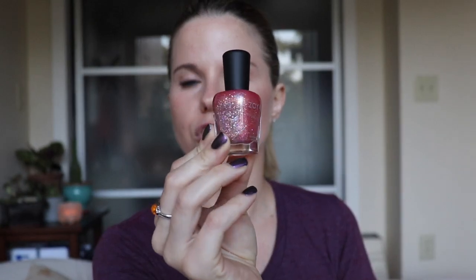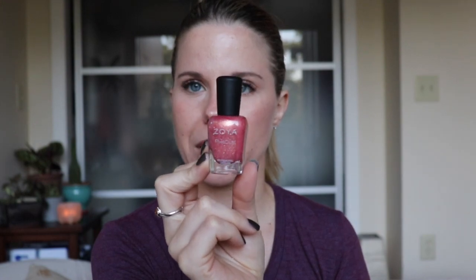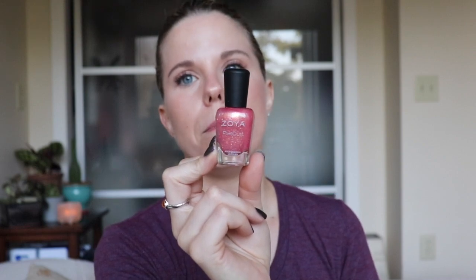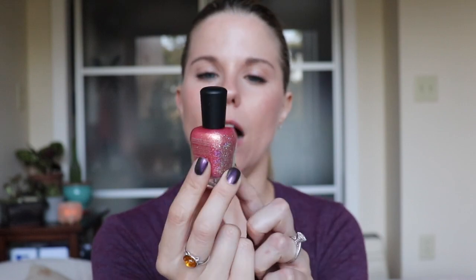And then two more, let's see. So this one is Zoey. And Zoey has appeared on a couple people's favorites lists, so I wanted to go ahead and add it. This is a Pixie Dust, so if you're not familiar, that's Zoya's matte textured polish finish, which is really, really nice. It dries down to a matte. This is a little bit of a salmony pink, similar to Laurel that we just saw, but maybe a little bit more pink, a little bit more saturated. And this has, is that a gold or a silver? I want to say it's a gold. It's got a gold shimmer going throughout, as well as some